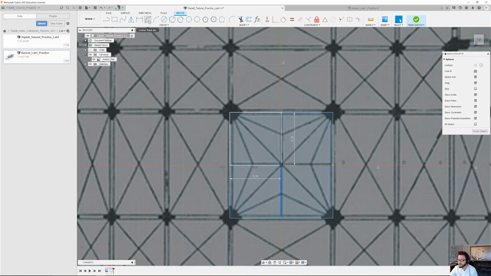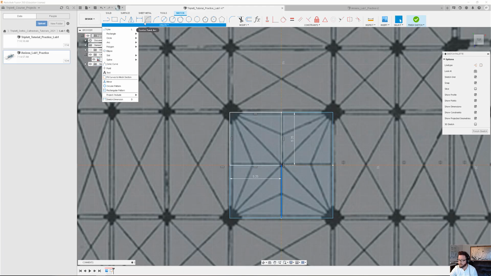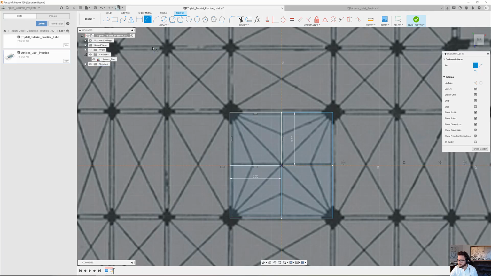and what I'm going to do is use this thing called the center point arc. If you're missing that up in the ribbon, you can go to arcs, and here's a few of them right here. I'm going to click on center point arc, and from the middle, the way that this works is if you bisect the square and use this as the center of the compass mark, so first the center, then you go to the diagonal, and so you have your width, and now you just roll this down until it's flat, and that's going to be